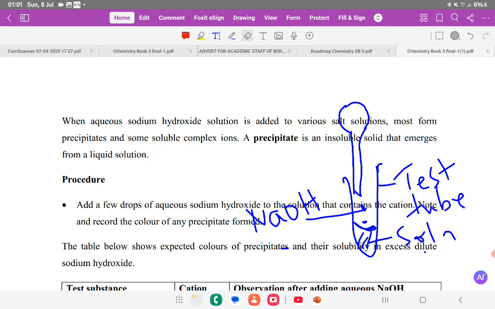Just using your eyes, you observe the color change. So initially, the solution can be colorless, but then upon adding sodium hydroxide, you see a color change. So you note down the color change. It can be formation of a white solid or white precipitate. It can be green precipitate. It can be whatever color. You record the color change in a table